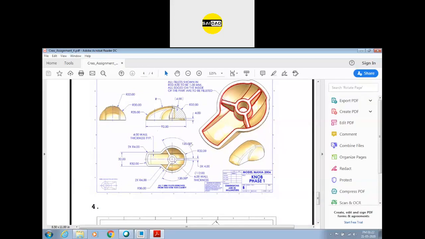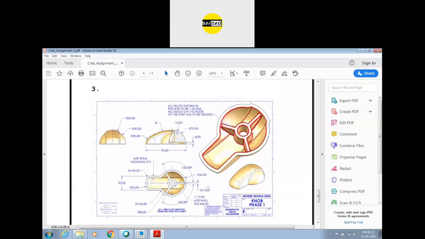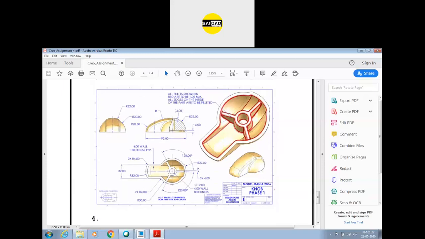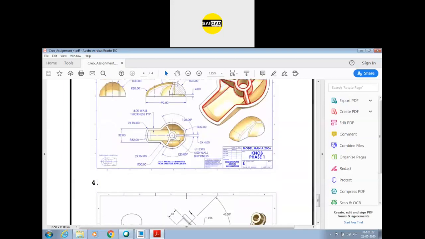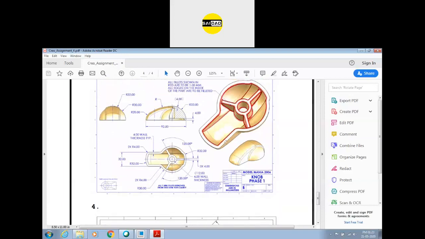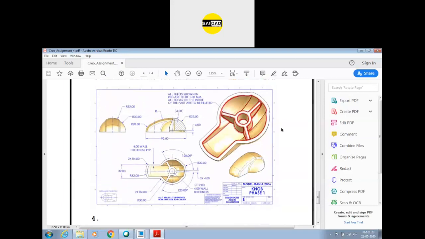Vivek, have you completed this shape? No, sir. Okay. So it's a simple shape. You just have to create that. So I will show you after this session how you can create this. I will show you some commands, and after that you apply those commands and practice on this, and I will show you in the next session how you can create that.